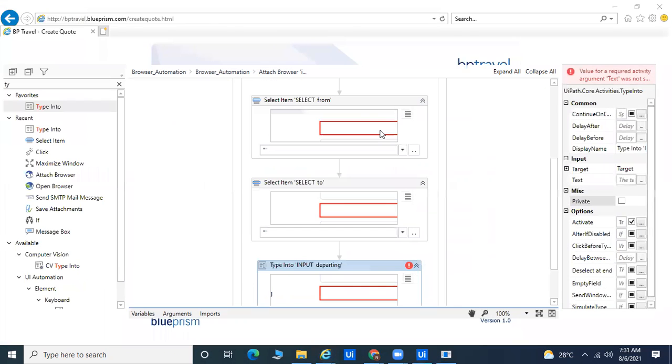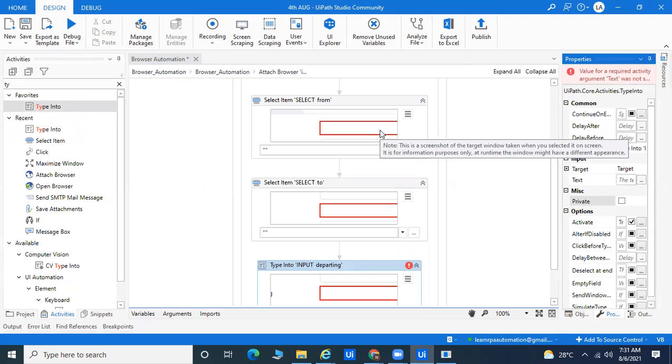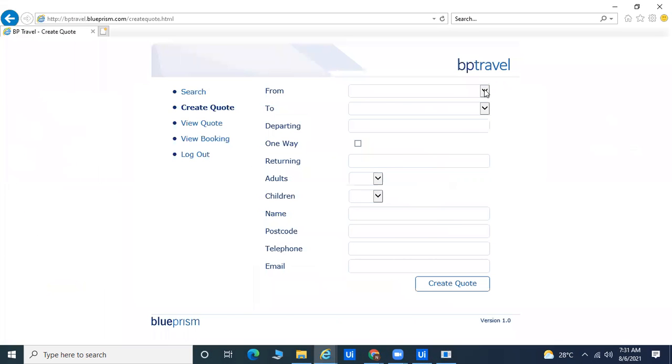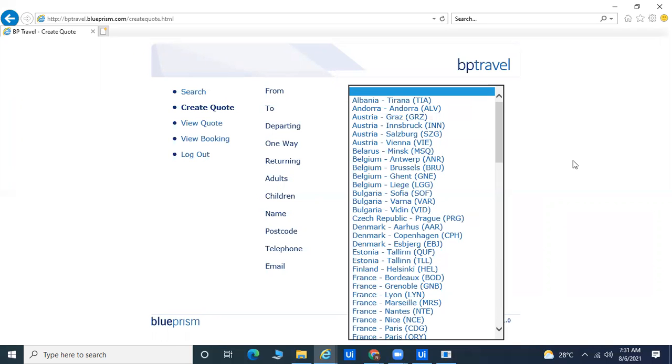So here I'm going to take the departure date. Departure date is what you're passing here. If you come to this website and look at its structure, you can see that if you click on this part, you get the drop down, and if you click from and to, this is an aviation sector website.